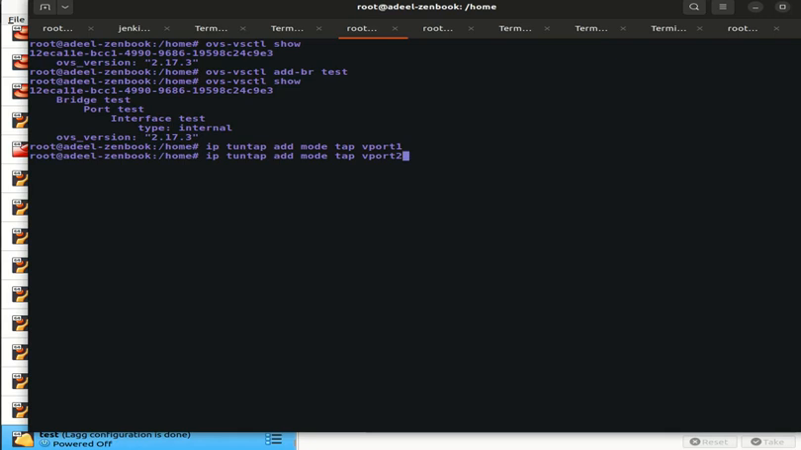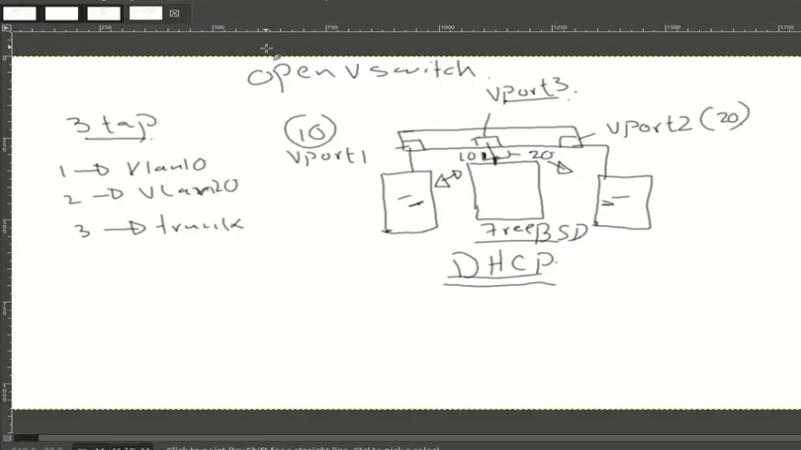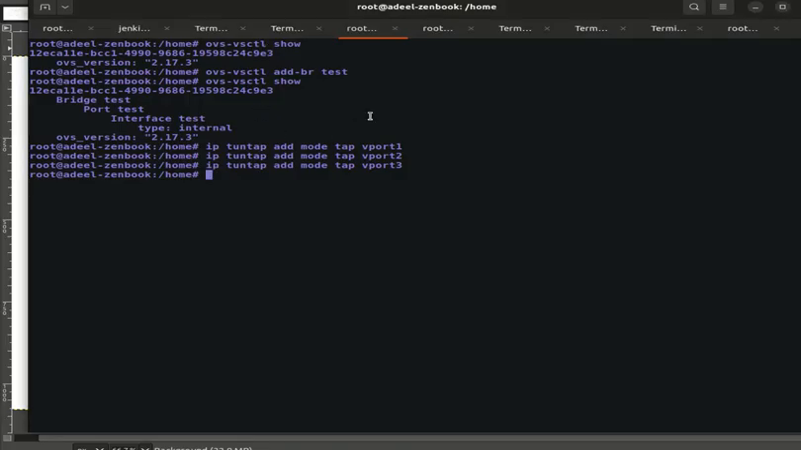Let's give it another name, 2, and it should be 3. Now we need to add these into our bridge which we had created, and the command to get these tap interfaces added to the bridge is add-port test vport 1. As I told you, we need to add it to a VLAN, so we are going to use the tag